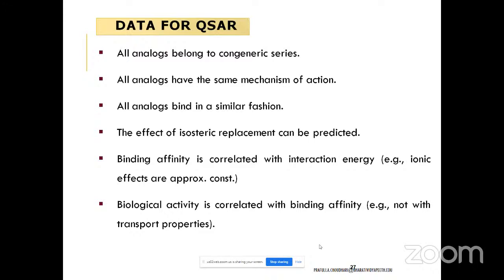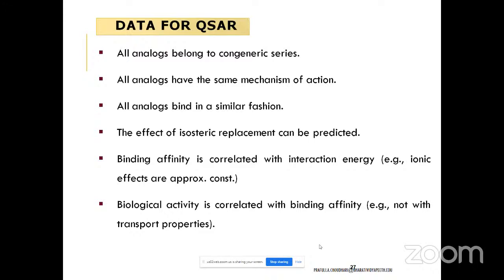So this congenericity you can often find in 2D QSAR or the traditional QSAR way. But nowadays, when you find other advances in QSAR, that is 3D QSAR, 4D, the congenericity is not regulated, that is, you can say that non-congeneric QSAR can be there. But when we go for a traditional 2D QSAR methodology, that is correlating physicochemical property with the biological activity, then